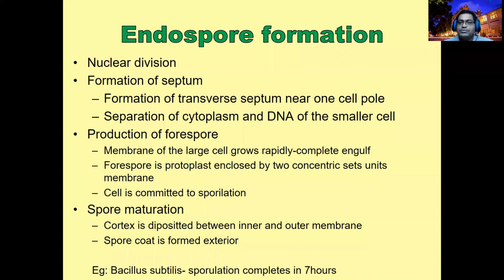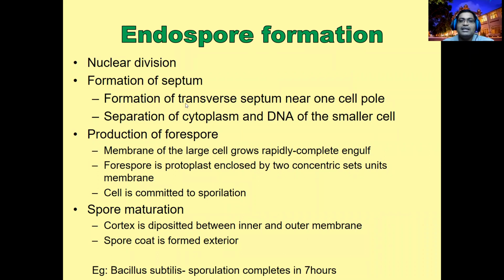Today we are going to continue with endospore formation in bacteria. I already explained that certain bacteria groups form spores, which we call endospores, to survive in harsh environmental conditions. The endospore is a single cell of the bacteria, a conversion into spores. There are 6 or 7 major steps involved in the formation of the endospore.